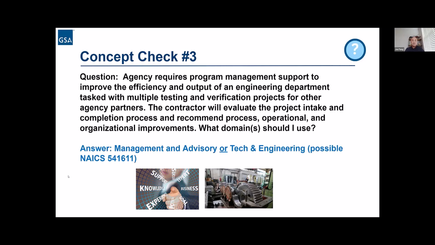And if you chose management advisory or technical engineering, you're both correct. Possible NAICS will be 501611. And moving on, this portion,